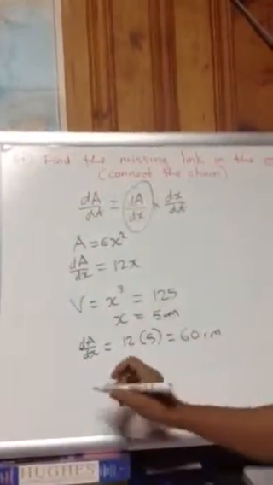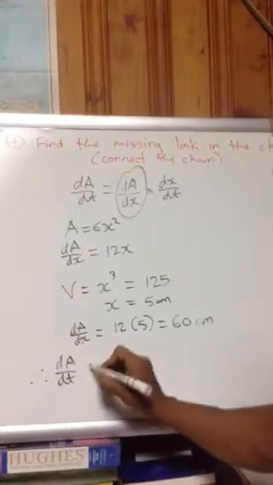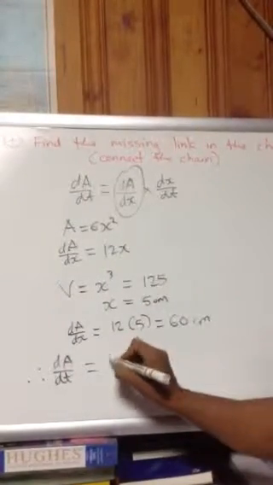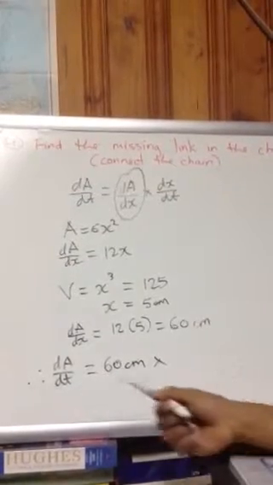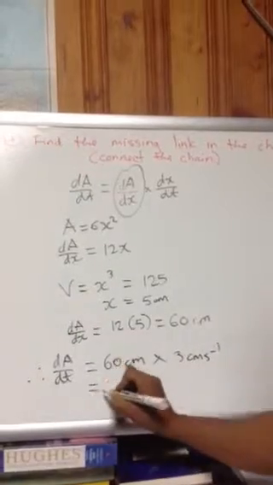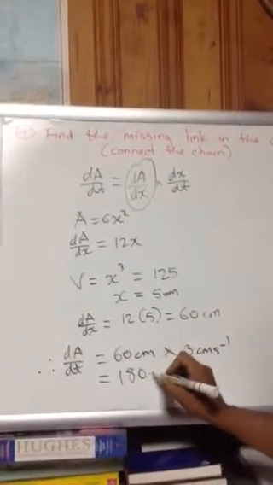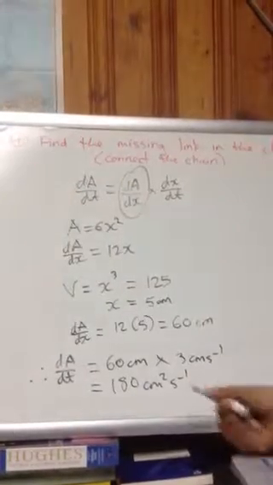Now we can calculate dA/dt. It's equal to dA/dx, which is 60 centimeters, times dx/dt, which was given as 3 centimeters per second, and that is 180 centimeters squared per second. Always be sure that